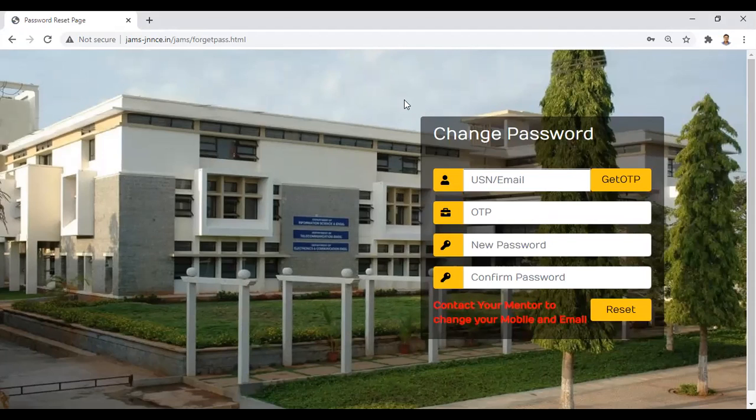Whatever you are seeing on this browser window is designed using HTML. Along with that, we'll use some more libraries to get the look and feel. So these are examples of HTML forms. Here also, if I type a USN and then click on OTP, what should happen? That is the action. So in HTML, we'll be using forms and buttons.